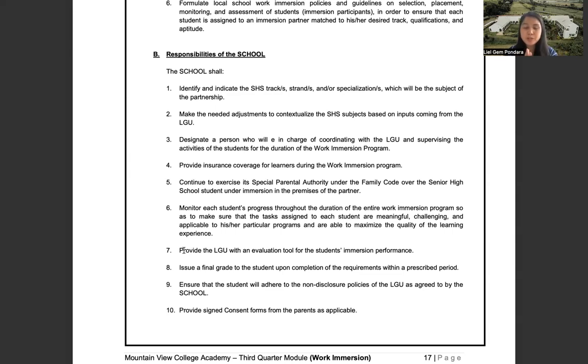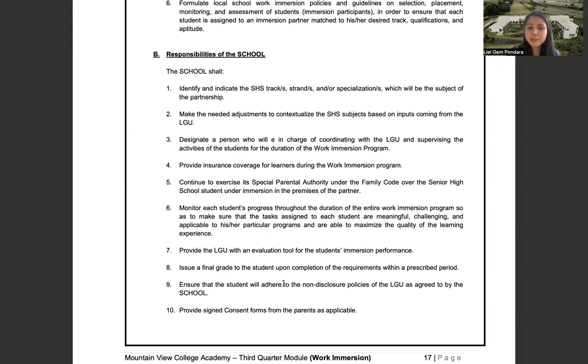So before you can go to your work immersion corporation or unit, you need to bring with you your evaluation tool. You need to give this on the very first day of your work so they will know how to grade you. Number 8, it's the school who will give the final grade for the completion of the requirements.